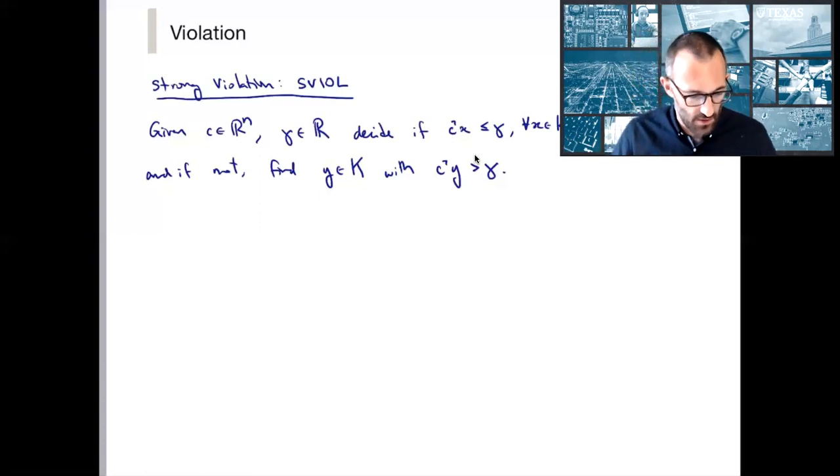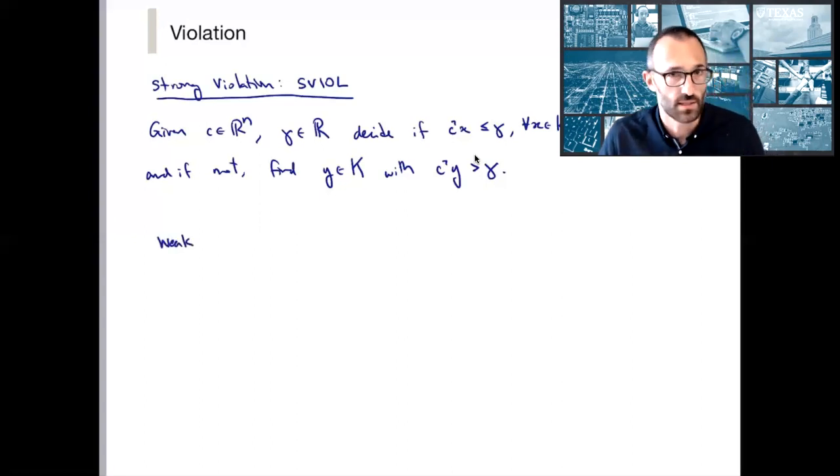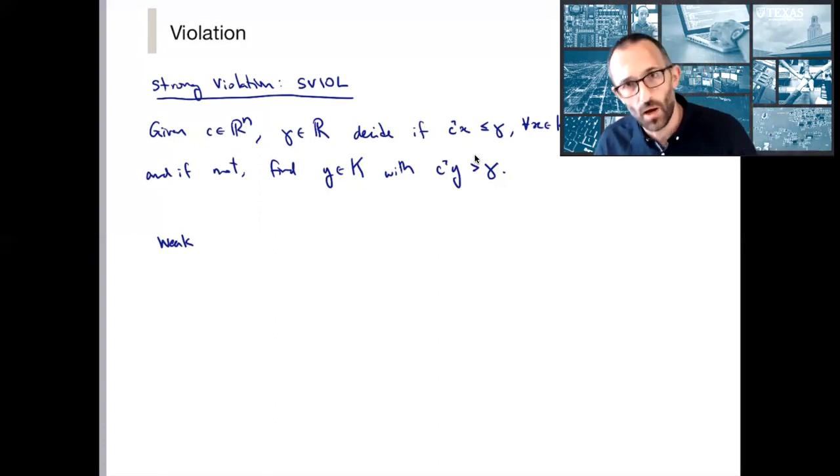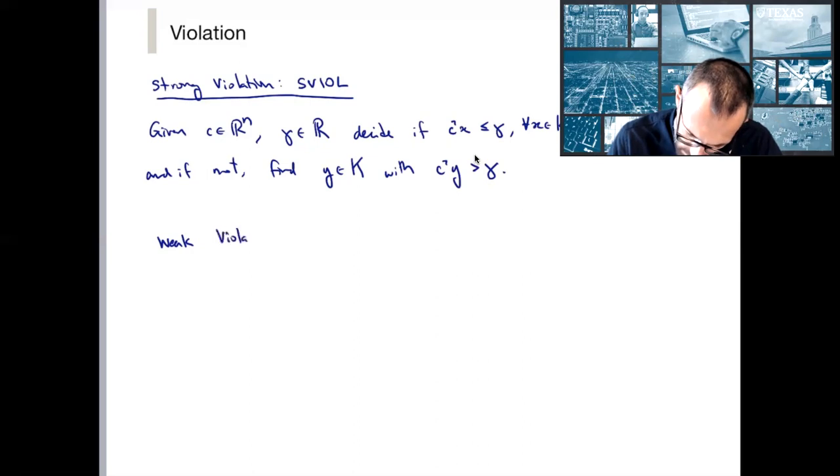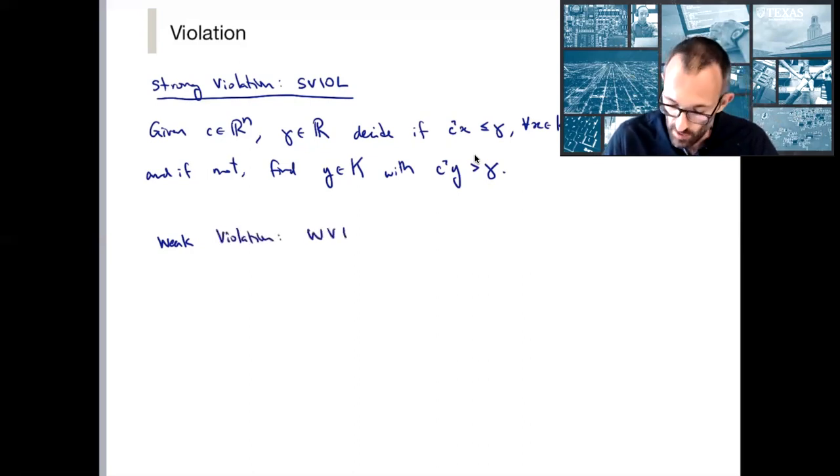So let's now write down the weak violation problem. I think you'll get the spirit of how we go from weak to strong. It's basically turning every statement of optimality and feasibility into approximate optimality, approximate feasibility, approximate satisfaction of constraints. So the weak violation problem, or creatively named WVIOL,